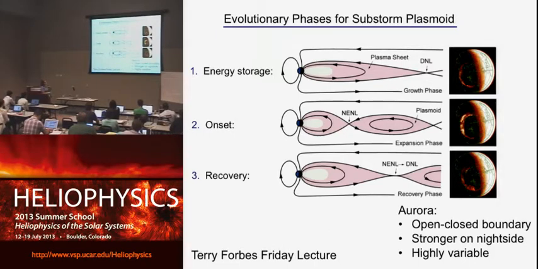And you can look at the signature of dynamics with the aurora. The aurora are very useful for giving us a sense of the dynamics. And we can see that this oval, this round region, pretty much maps out the open-closed boundary region between closed magnetic flux and open magnetic flux. Notice it's much stronger on the night side, where this plasma sheet is and particles are coming in during these substorms,